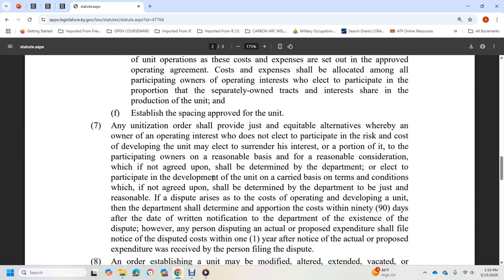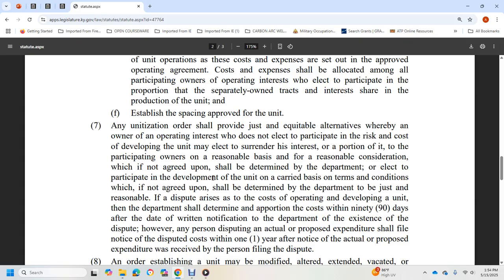participate in the risks and costs of developing a unit, who may elect to surrender the interest, or a portion, to the participating owner for reasonable consideration, which, if not agreed upon, shall be determined by the department. An owner may elect to participate in the development of the unit on a carried basis on terms and conditions which, if not agreed upon, shall be determined by the department over the draft of the reasonable dispute arising from